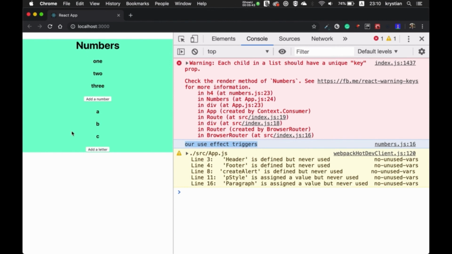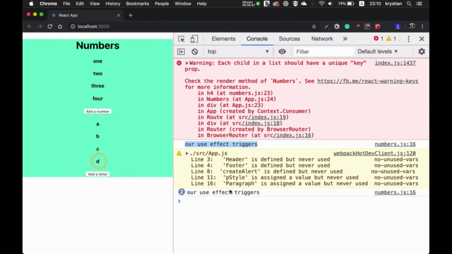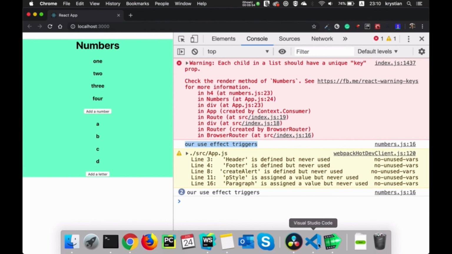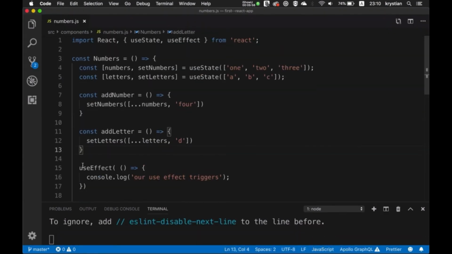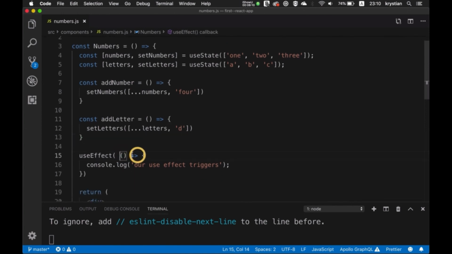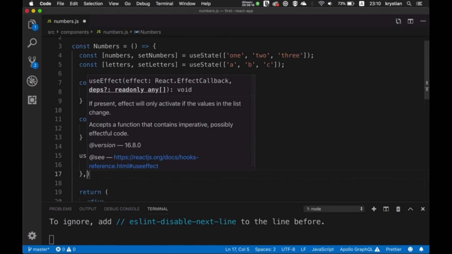So the first time it renders, it prints it. Every time we change something, it prints it. So this is basically working as on update. Whenever we update our state, we have it. But the good thing here is that we can control when it's actually triggered. This function here, this callback, is the first argument. What we can do is provide a second argument,